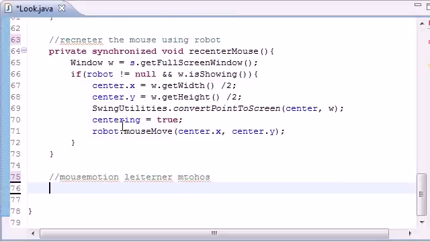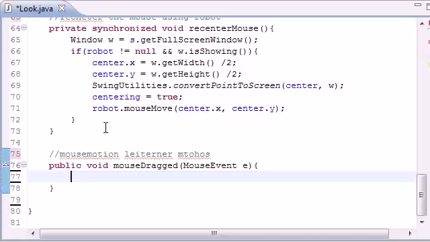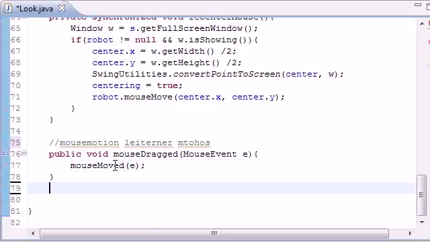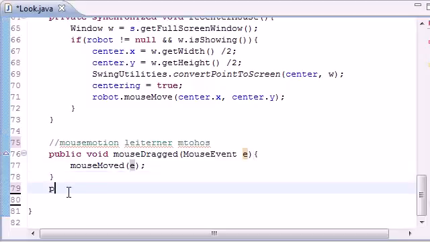And for some reason I spelled all my comments wrong. I don't know why, but public void, can't spell that wrong. Public void mouseDragged, not drags. And this is going to take MouseEvent e. And all we're going to do in this method is, if we're dragging the mouse, just call the mouseMoved method and pass it in, because we don't want to have to write the same code again. So we're pretty much just going to take this parameter e and pass it into this method right here, which is public